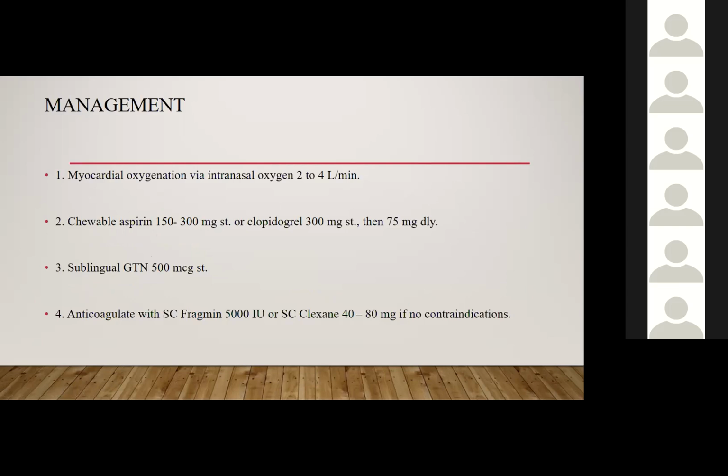Very, very important, right? In terms of your management, if now we are thinking, all right, this could be an MI because the patient has severe symptoms, the symptoms are what will prompt you to say, let's do ECG, let's do cardiac enzyme. Because if the patient comes holding the left side of the chest, saying that the pain is so severe, it's unbearable, it's moving all the way to my left shoulder, it's coming to my neck, if you don't know that this history points to some form of ischemic heart disease or acute coronary syndrome,